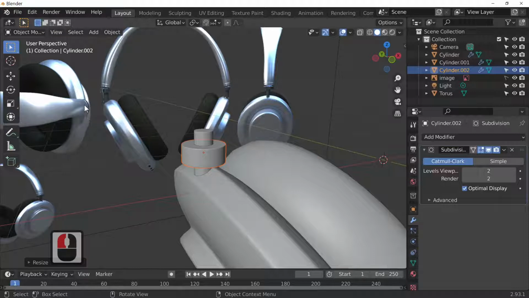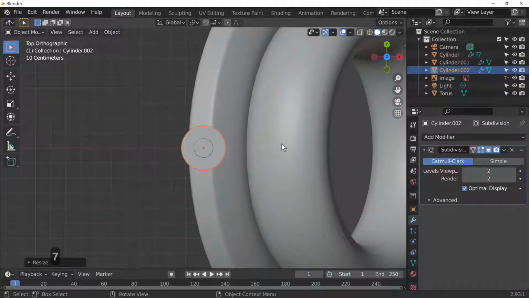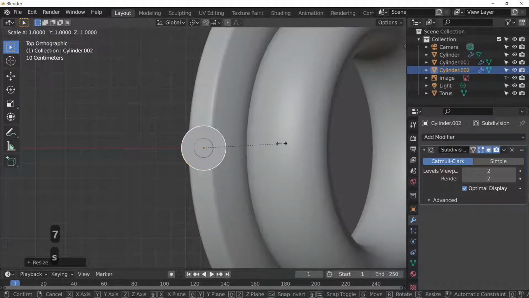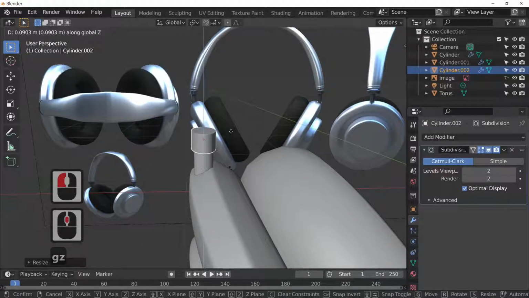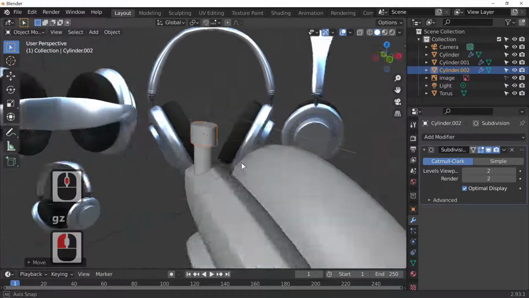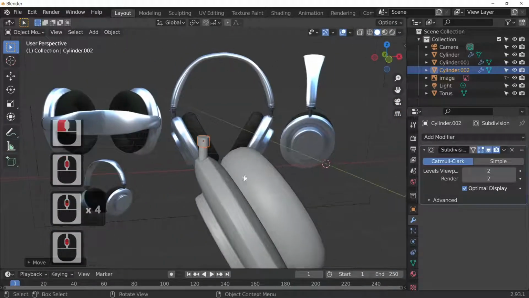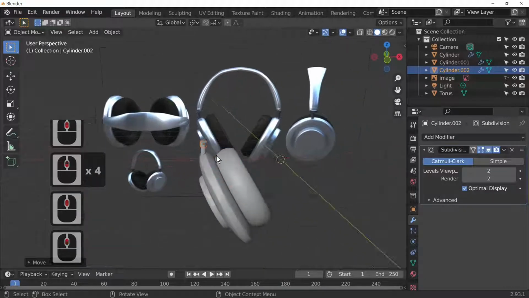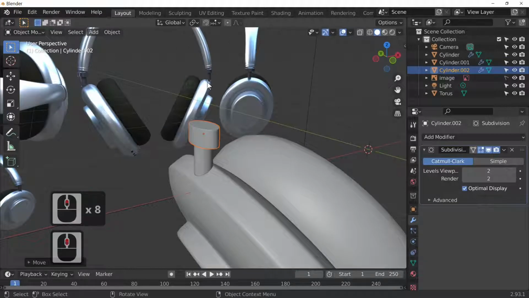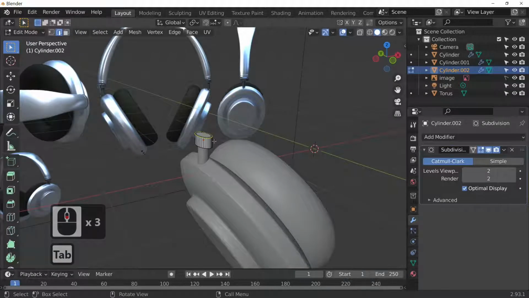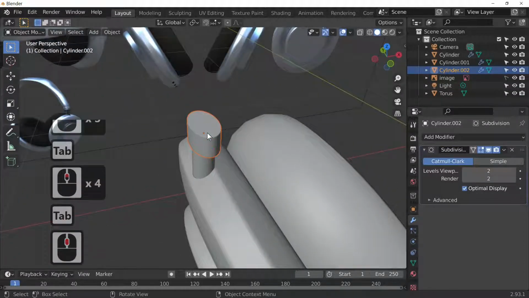shape. As you can see, this looks like it's in an oval, so if we press the 7 key and look from the top, what we can do is scale in the X across the red line and make that into an oval, and G and Z will move it up into place. So we've now got our little headphone with the hinge, and it's up to you how much detail you add into things. In this reference image I'll put a little hinge there and buttons and all sorts of things like that, but what I'm going to do now is I'm just going to